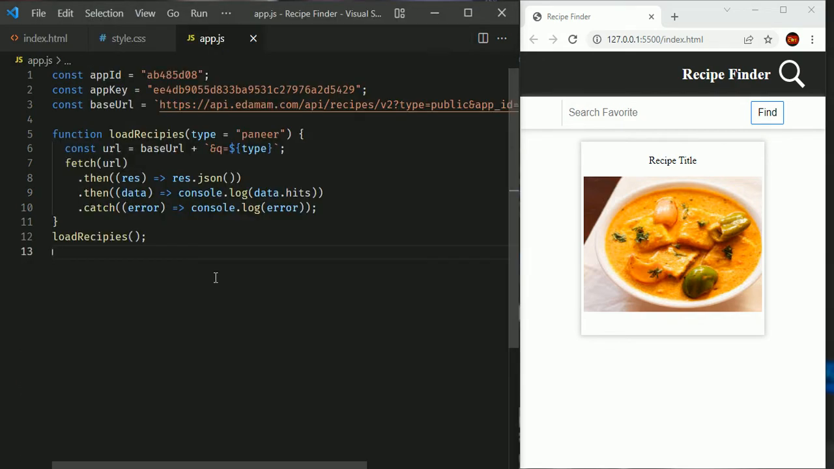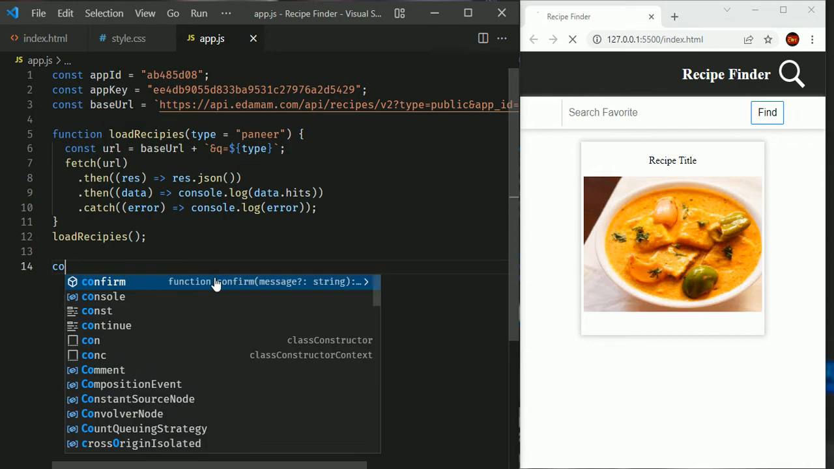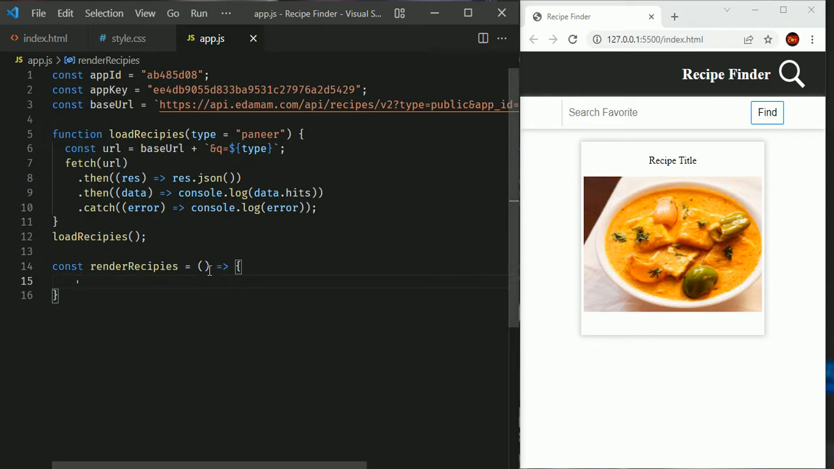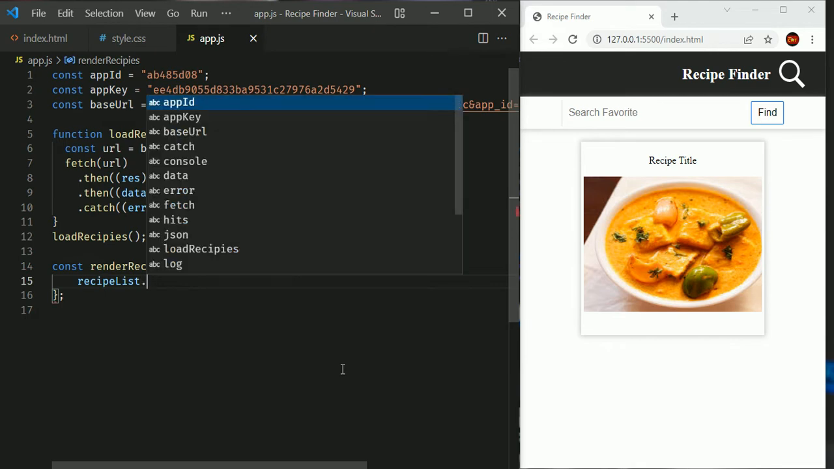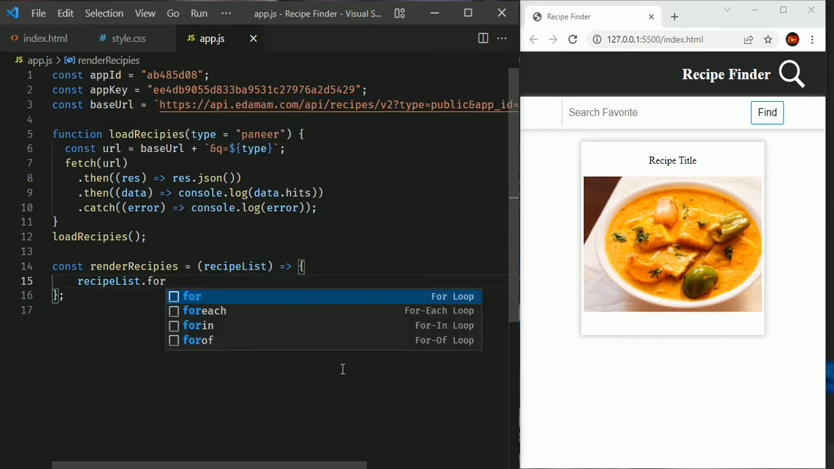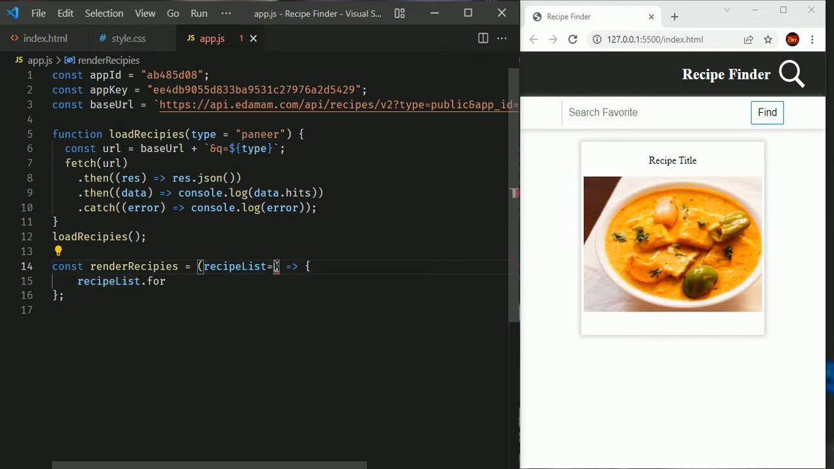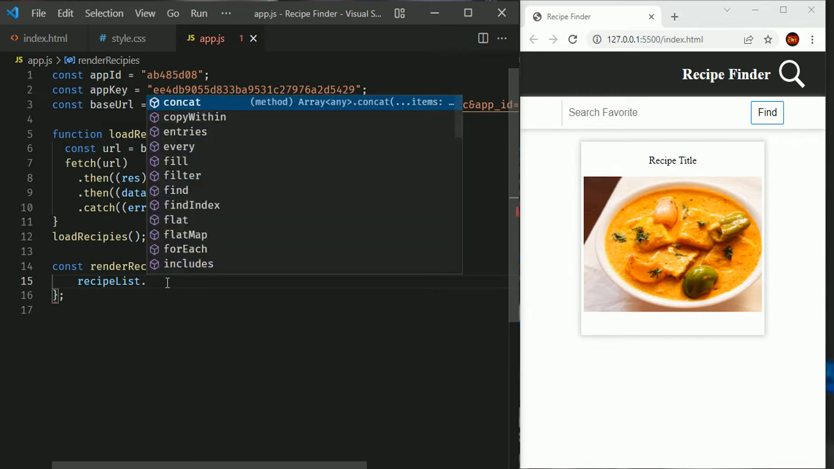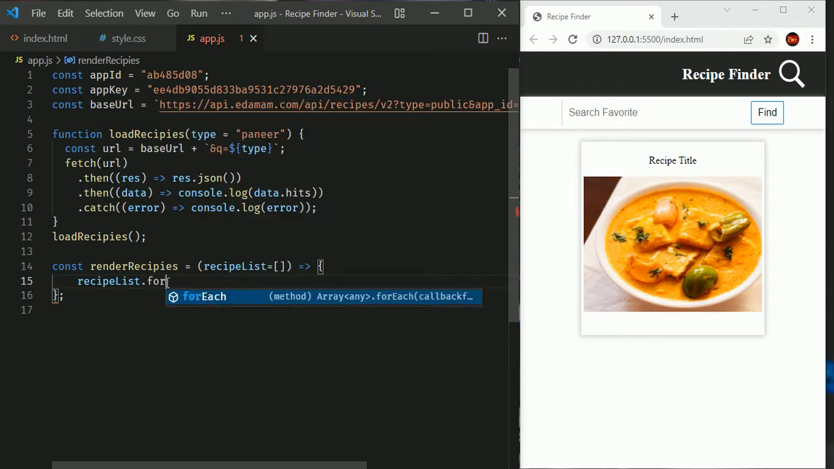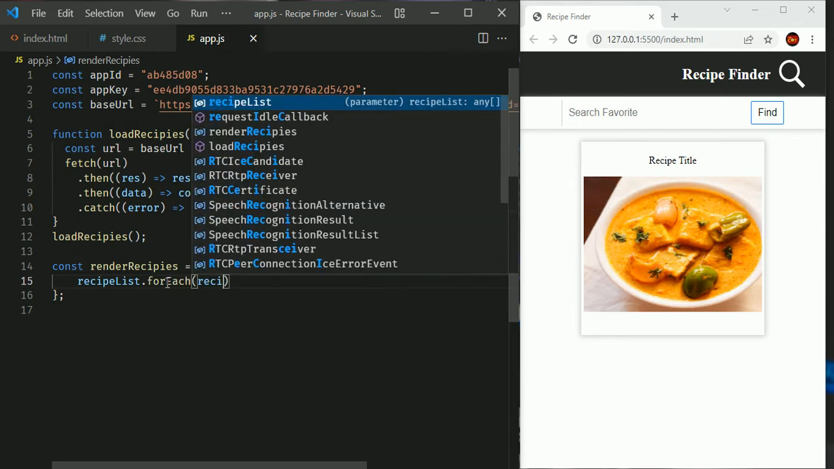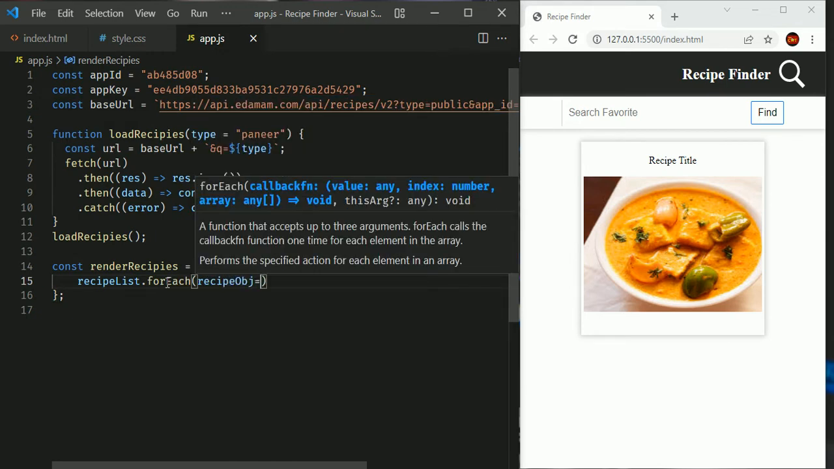So now we need to render the recipes dynamically. For that I am going to write a function renderRecipes, and it is going to receive the recipe list. We are going to iterate through this recipe list, so recipeList.forEach. Here it is not giving the auto intelligence. To get the auto intelligence on the array item, we can use a simple trick: just say as equal to an empty array. Now whenever we type dot, we are going to get all the array methods, right? So forEach, and say recipeObject,